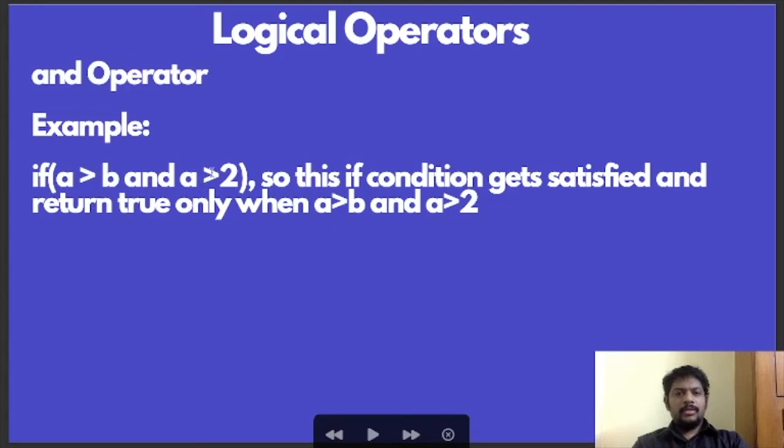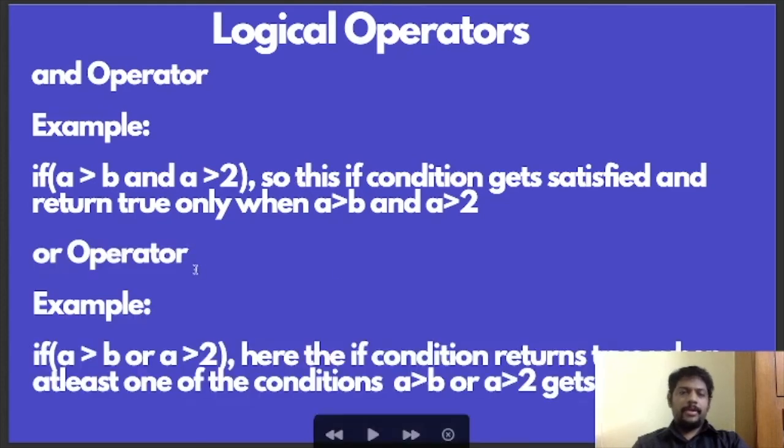It says 2 greater than 2. No, this is wrong. This will not be satisfied. So since we have the AND operator, both the expressions need to be satisfied. If one of them is not satisfied, then this if statement will return false. So that is all about AND. In the case of the AND logical operator, both the expressions need to be satisfied. Even if one of them fails, the if condition will return false.